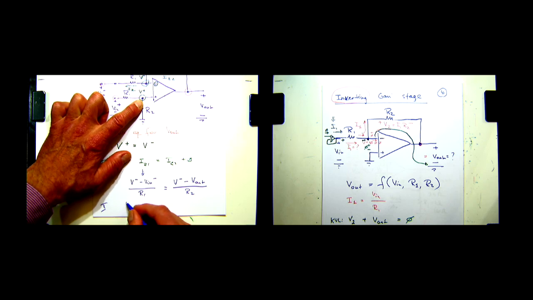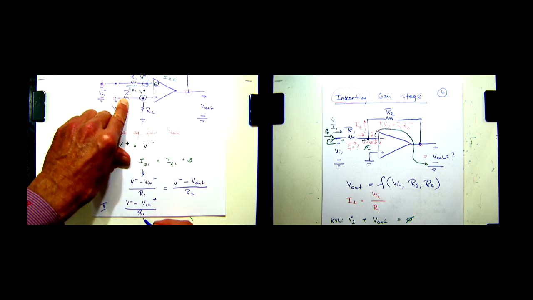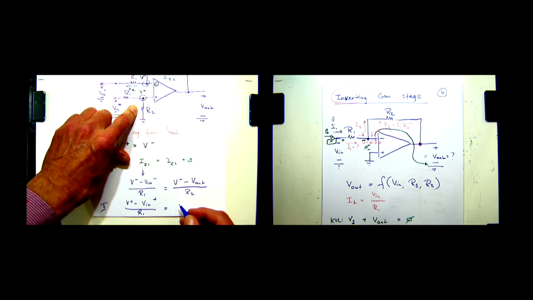So it's going to be V plus minus V in plus, divided by R1. It's a different R1, but it has the same value. Okay, is equal to V plus over